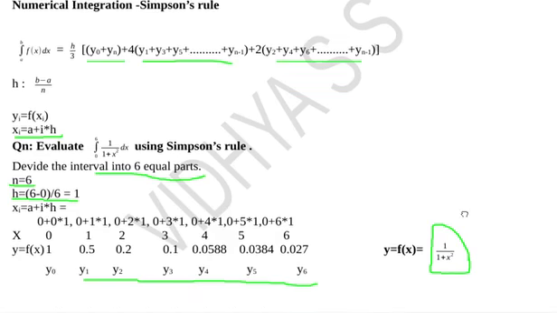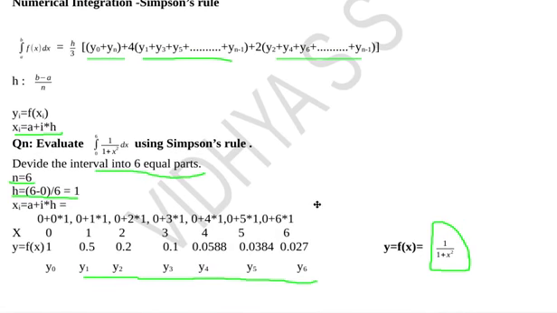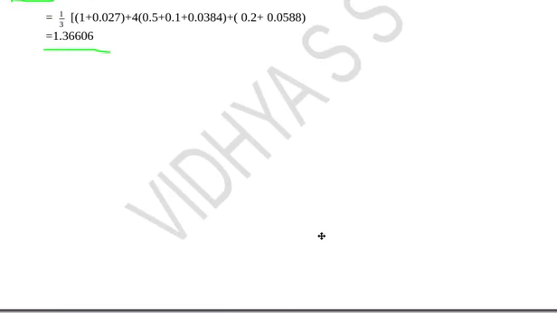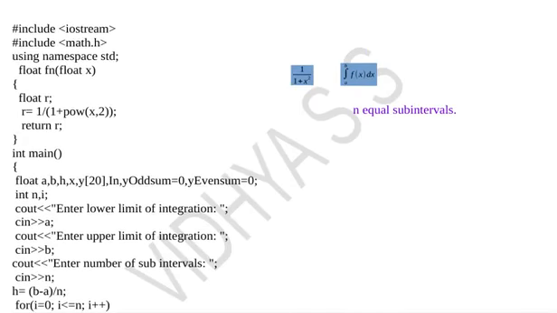For calculating this f of x, I am defining a function. So first is define a function fn. Here my function name is fn. This is a user defined function. So float is the return value, fn is the function name. Then I am passing each xi to this function, so float x. Then inside this I am declaring a local variable r in order to receive the result.